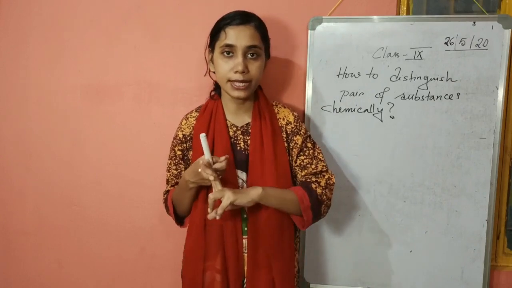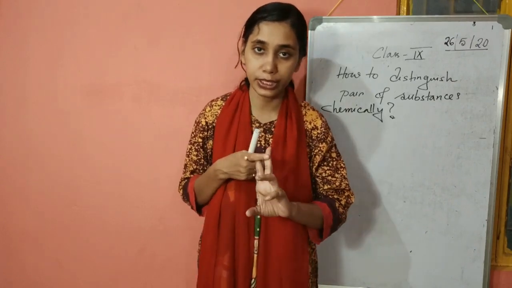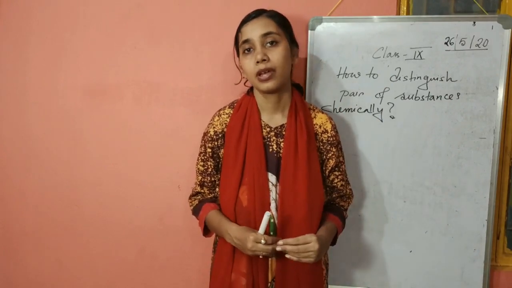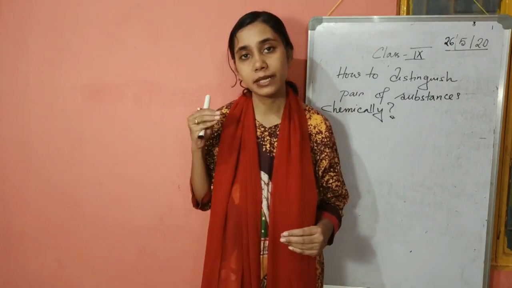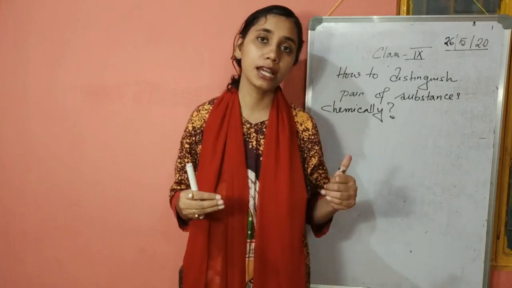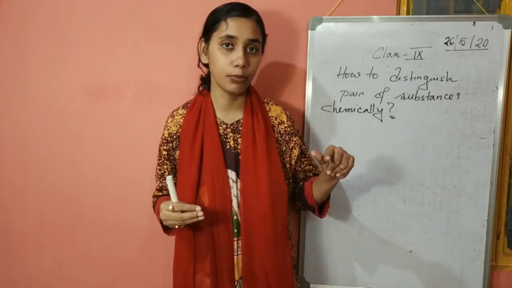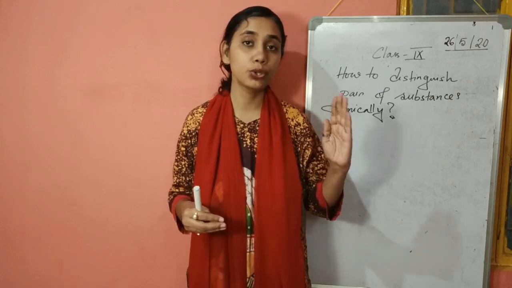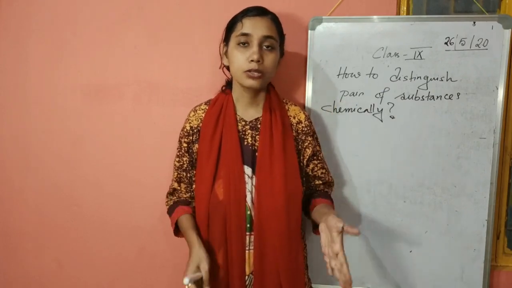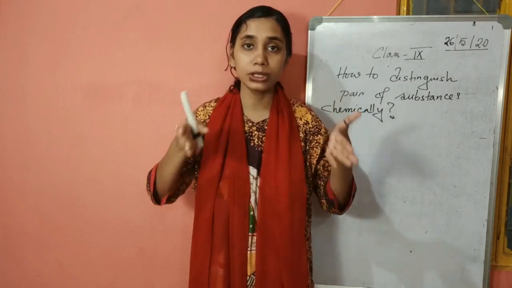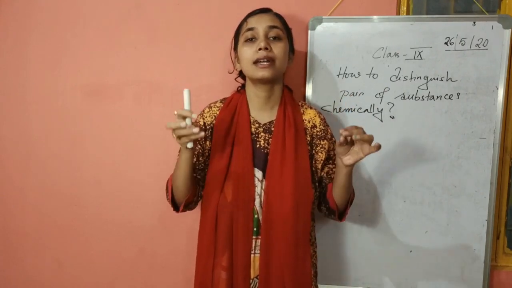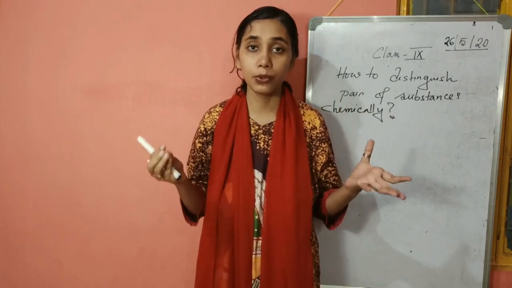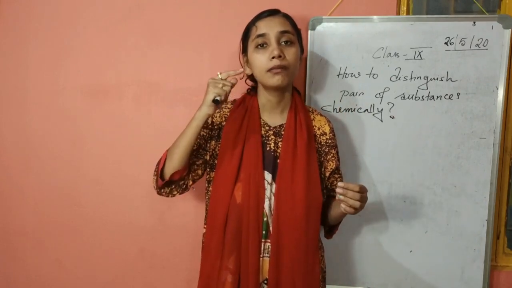So copper carbonate and zinc carbonate, if you heat both of them, there will be a difference in color in the residues. Copper carbonate on heating gives a black color residue, and zinc oxide forms on heating zinc carbonate. That means on heating zinc carbonate we get a residue which is yellow when hot and white when cold. So if you apply heat to this pair, you get a different observation in both the cases. So this will be the method.